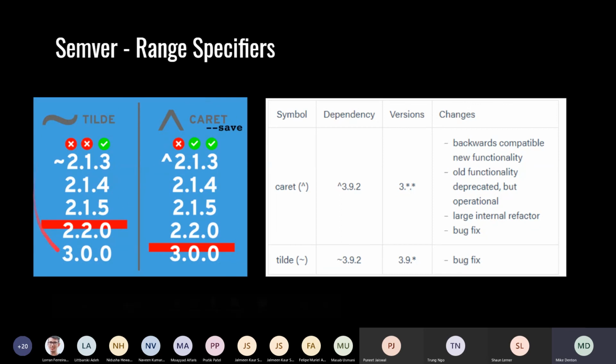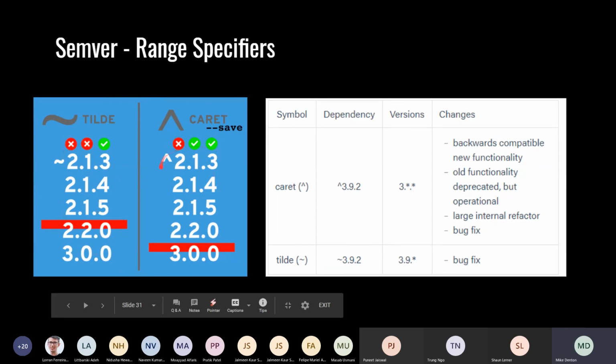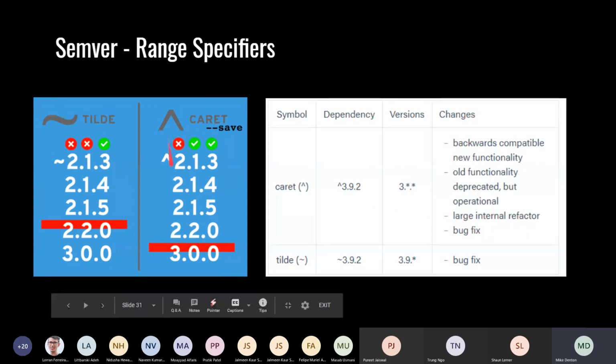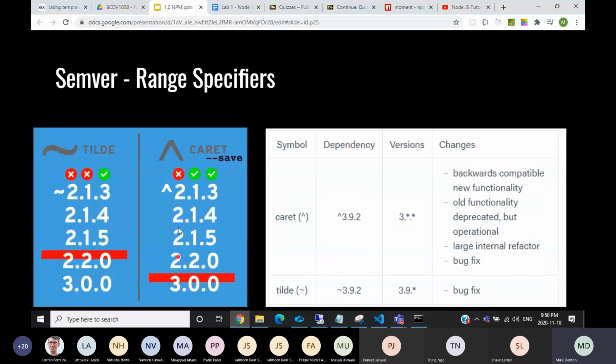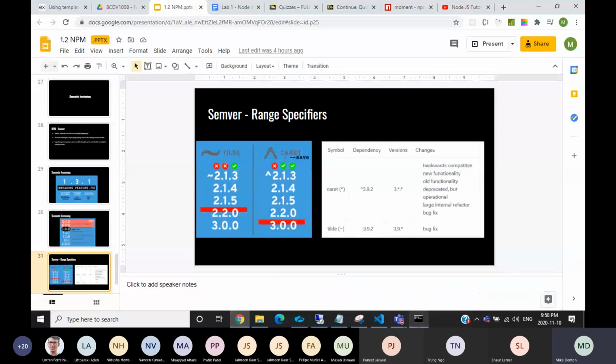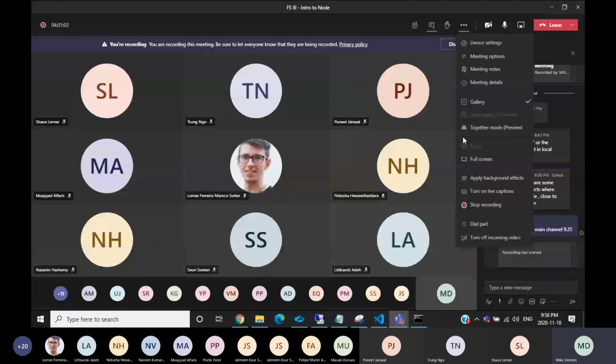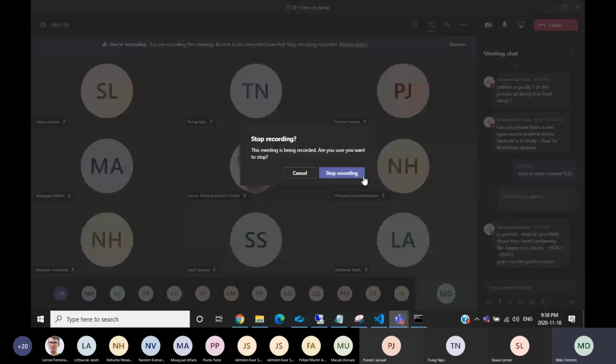So to be honest, this graphic here is much more explanatory than this, because when I start reading that, there's just a bunch of words there. This makes a lot more sense to me. Semver. So remember that. I will definitely ask that on an exam. All right, so that was our